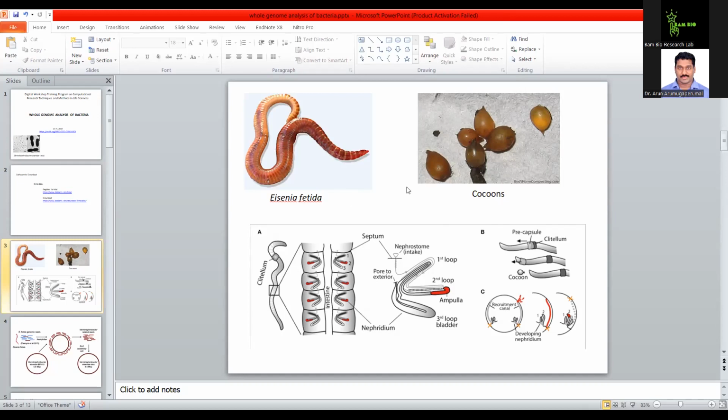These offsprings do not have direct contact with the parent worm, but still they will be having Verminephrobacter in the nephridium of the offspring. So scientists were very eager to know how it is happening. So how it is happening means, if you see diagram B, there is a fully grown worm and this portion